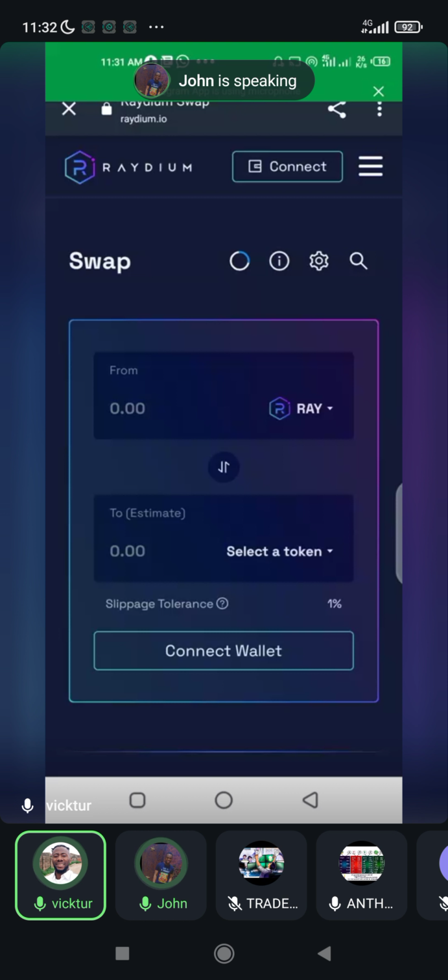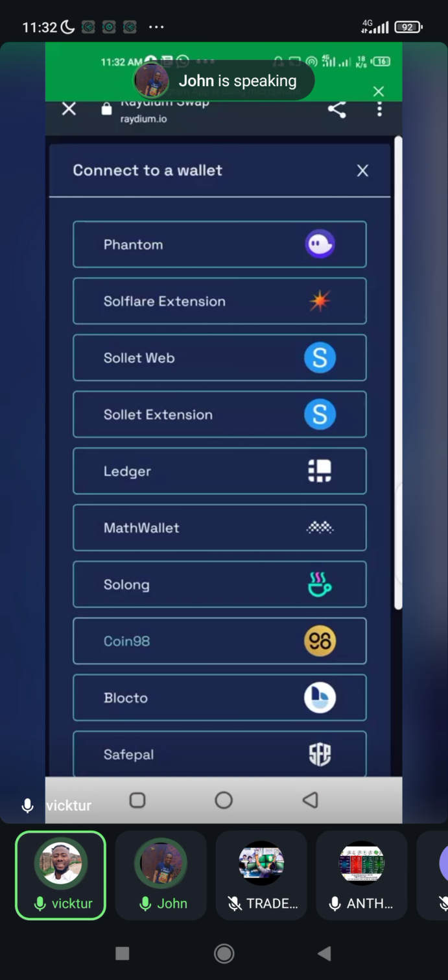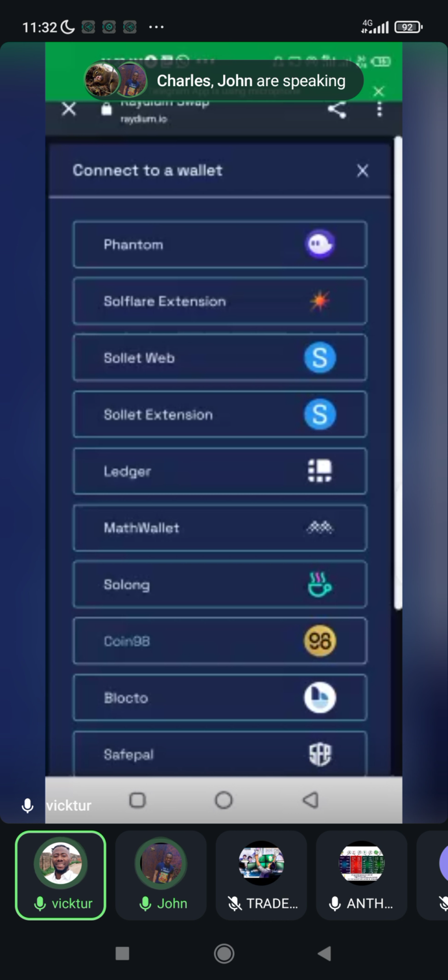So we'll connect this wallet. When you click on connect wallet, now there are different wallets. There's Phantom. I hope you can see Phantom. Yes. The same way I showed you Solflare, it's still the same way you can add your Phantom too. There's Phantom, there's Solflare, there's Solflare Web. So the one we'll be going for now is Solflare Web, which is what I used. I just showed you guys now, Solflare. So when you use this Solflare,